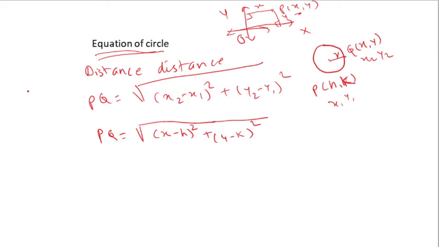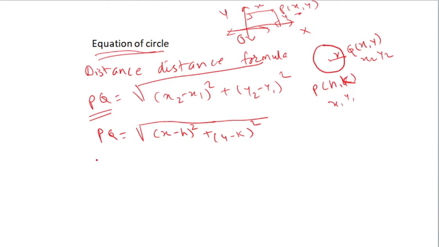Now, pay attention here once again. Using the distance formula, try to find the distance between PQ. Is it clear? What is the distance between PQ? This is a fixed distance from a fixed point, and it is called the radius. How to find it? With the help of the distance formula. The distance formula: PQ is equal to root of (x2 minus x1) whole square plus (y2 minus y1) whole square. Therefore, PQ is root of (x minus h) whole square plus (y minus k) whole square.